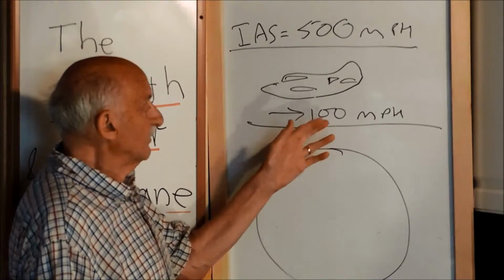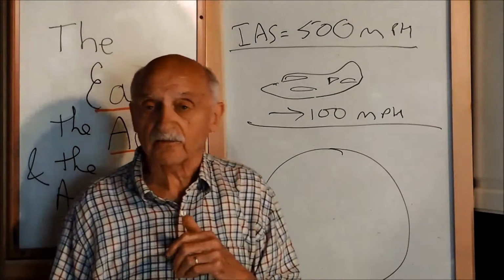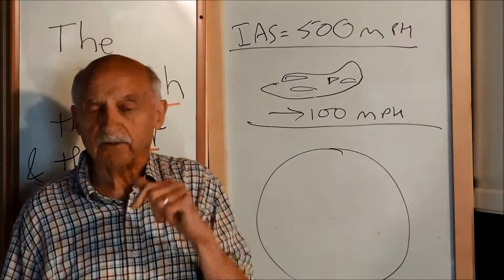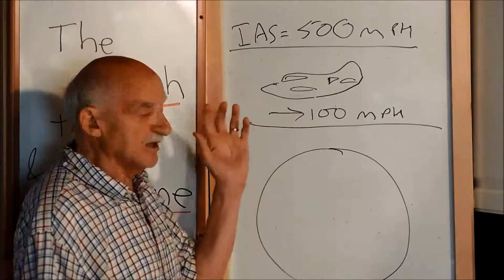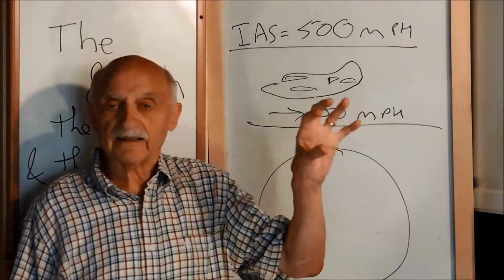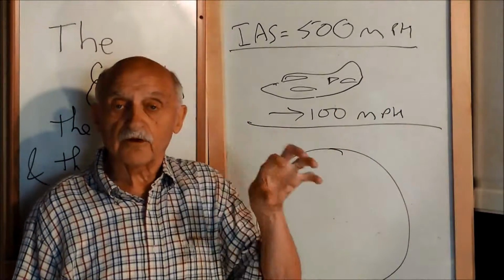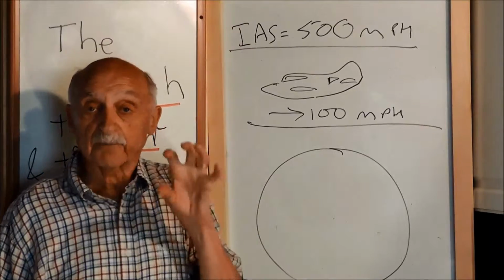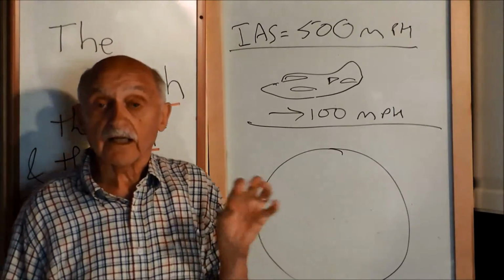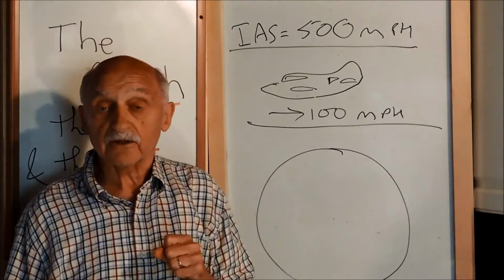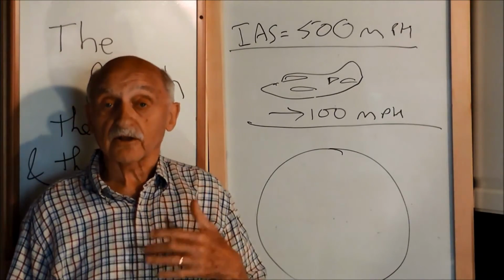It will slow down because it has only kinetic energy for 400 miles an hour. And so when it turns, it can't travel at 500 miles an hour to maintain the flight. It's only traveling at 400 miles an hour. And the plane will not go 500 miles an hour unless you put on extra engine power or make the turn so slowly that